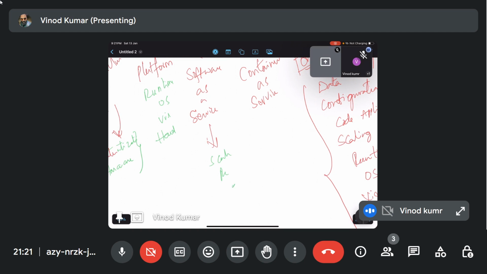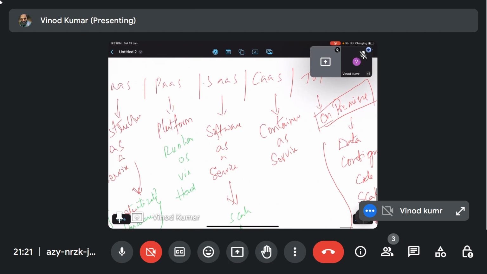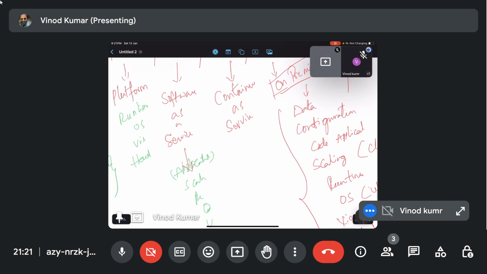Then next OS, which I will mark O, virtualization V, and hardware H. I forgot one thing, application. Code also, yes. Application code as well.